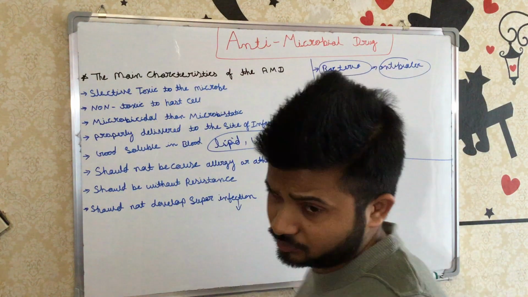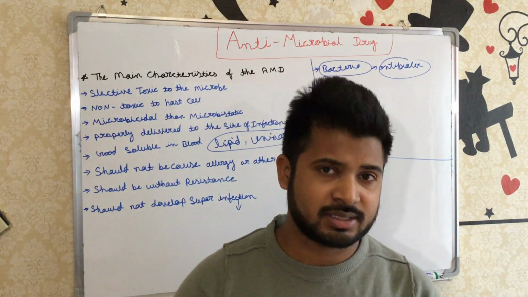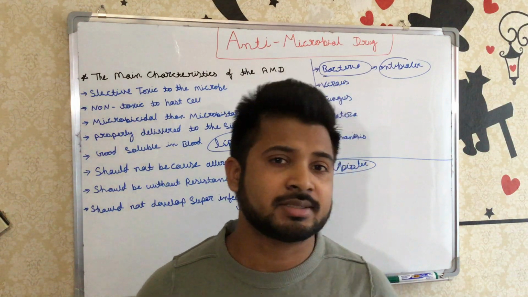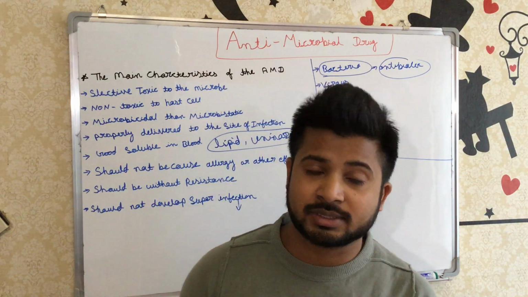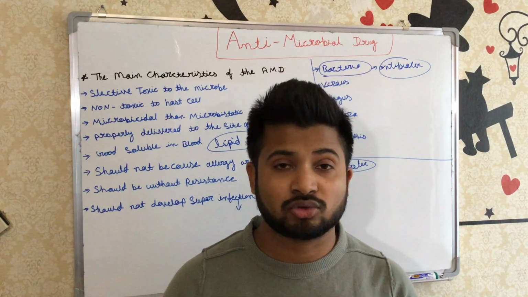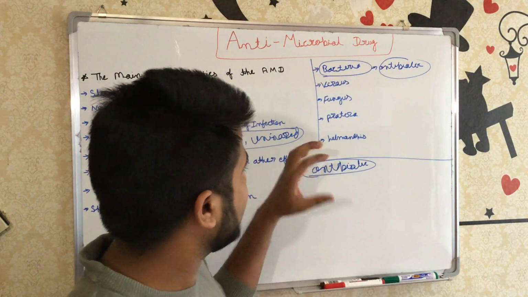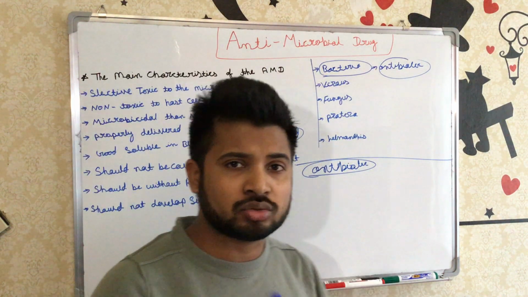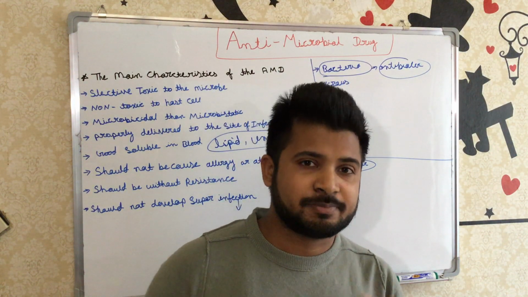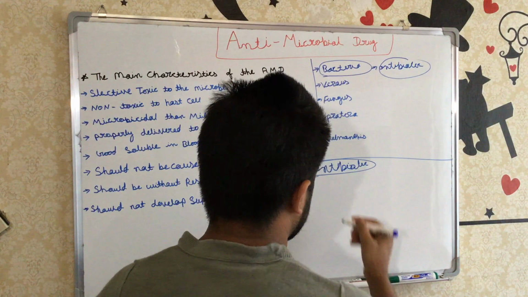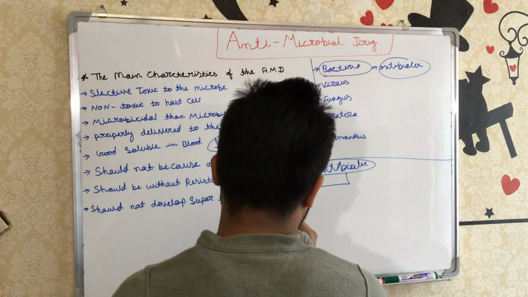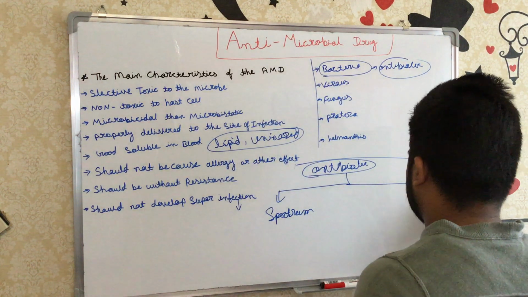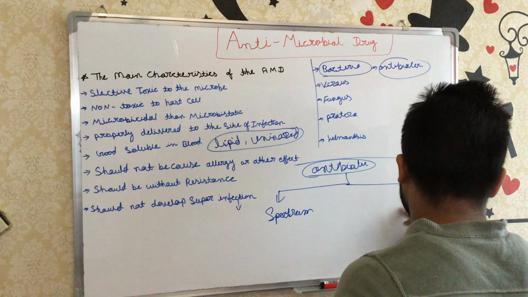Like the antimicrobial, an antibiotic is also a substance produced from microorganisms, from some plants like vegetables, and from some animal tissue. It can also be synthetic, semi-synthetic, or a natural analogue. So it is the same as the antimicrobial. The antibiotic is divided into two types according to the spectrum and according to the action.